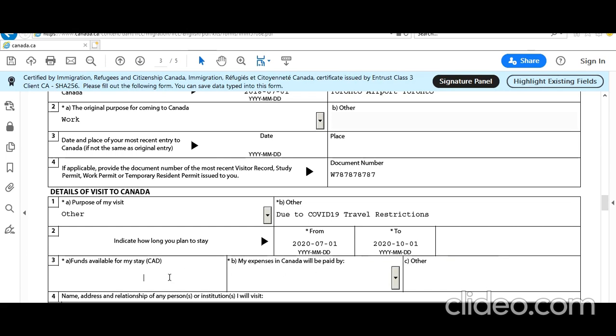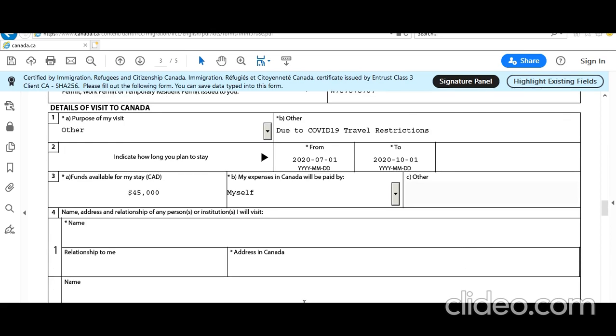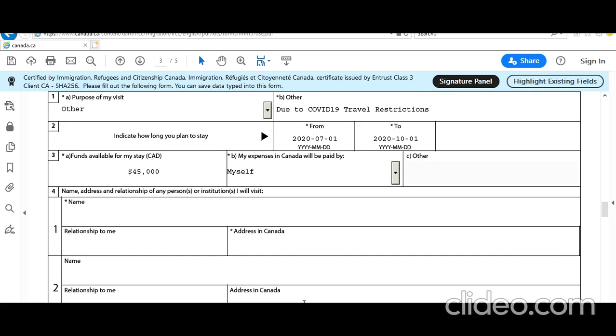Funds available, let's say he has saved a lot of funds, paid by myself. Name, address of any person, institution I will visit. So it depends on what you would like.